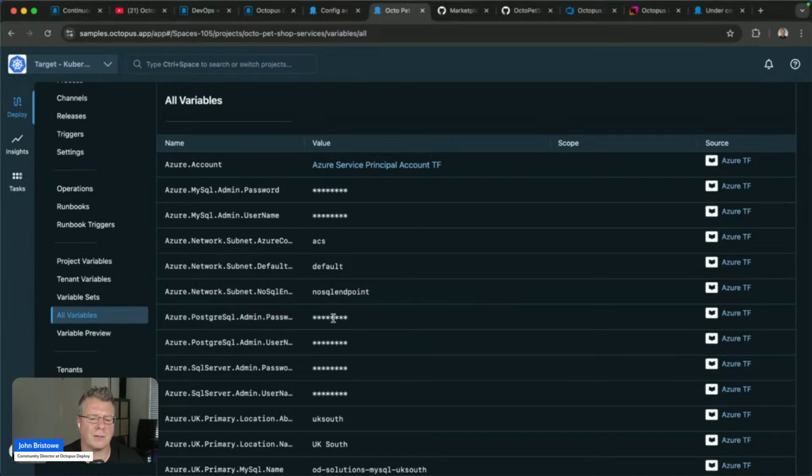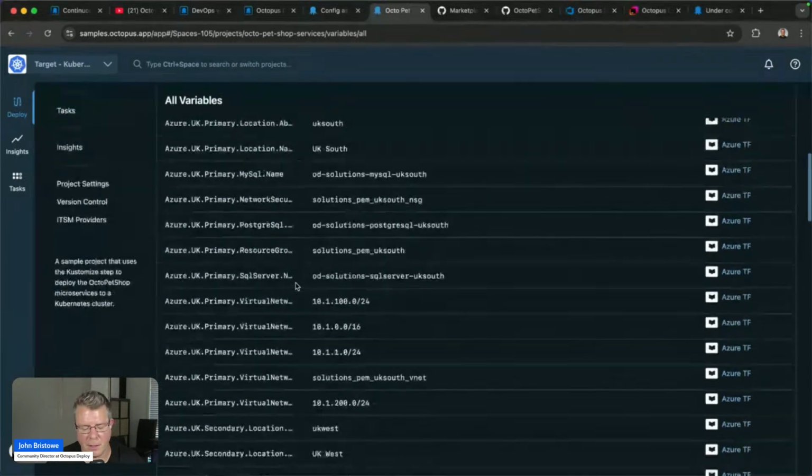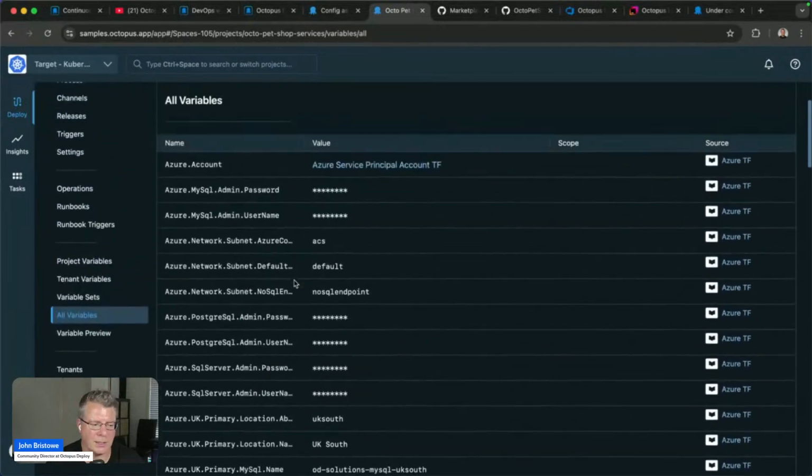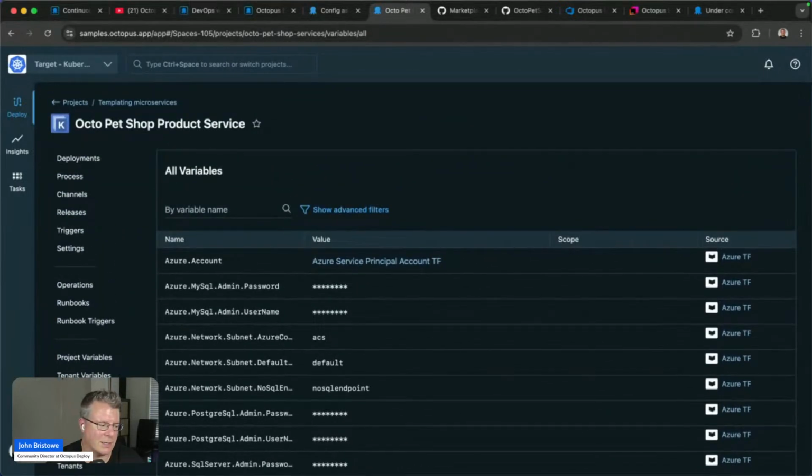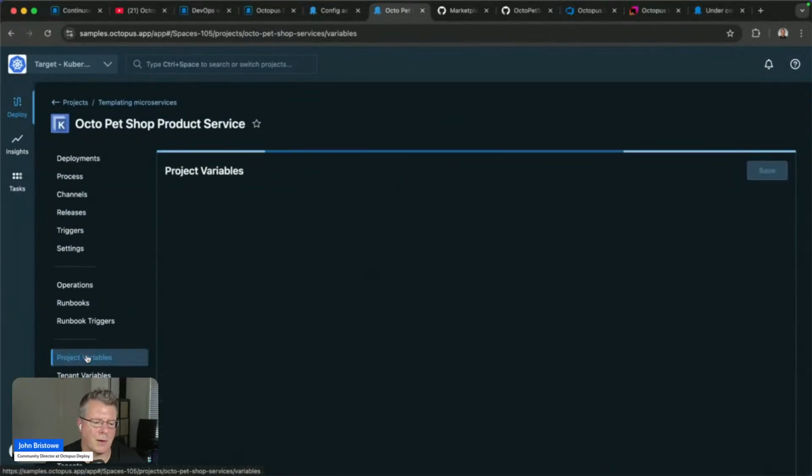For secure or sensitive values, these are write-only values. We do provide a mechanism of pulling them out and utilizing them in the right context, but you don't have a means of actually reading these back. We also have other variable types as well, and these and other types of variables you can define very easily, either as part of a tenant or part of a project.